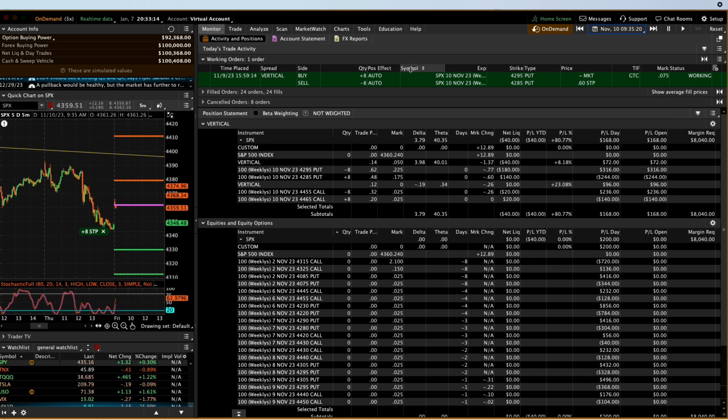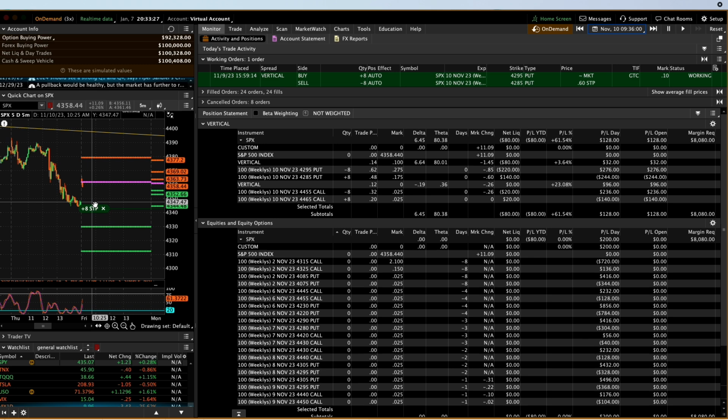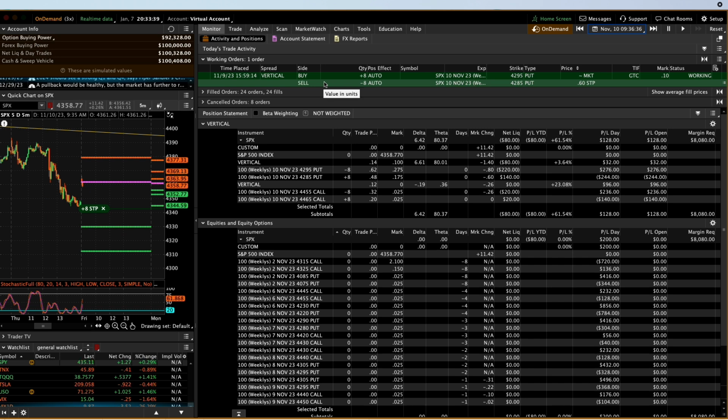All right, so you see the next day we gapped up pretty strong. Looks like that drop was overdone. The market always has a tendency to want to try to gap fill, but what I would probably do, if I'm being honest, is just leave the trade alone. But if you want to play it safe, you could take this gap, close it out, either for even or a little bit of a gain, just up to you. I'm gonna leave it alone because I think it'll be fine.